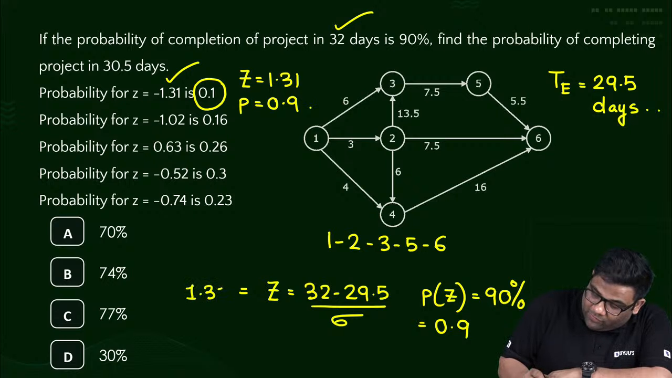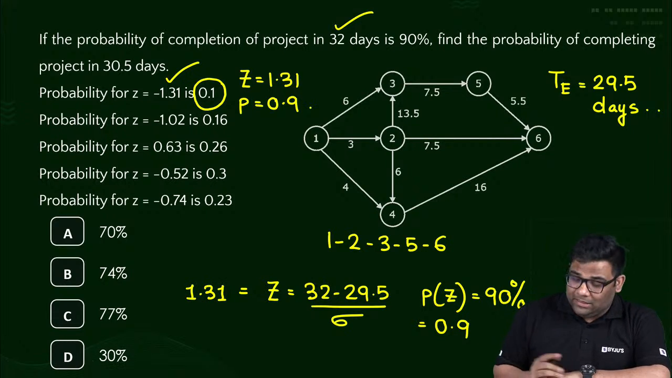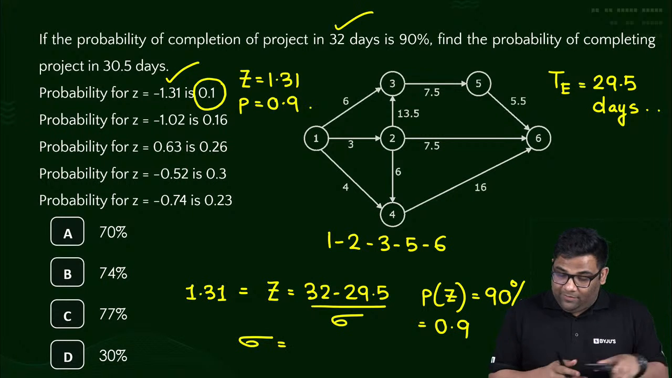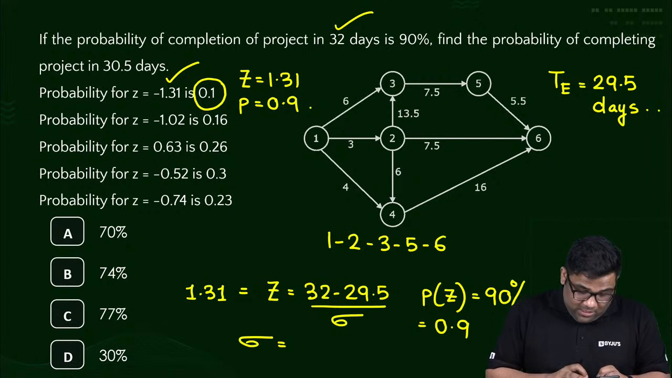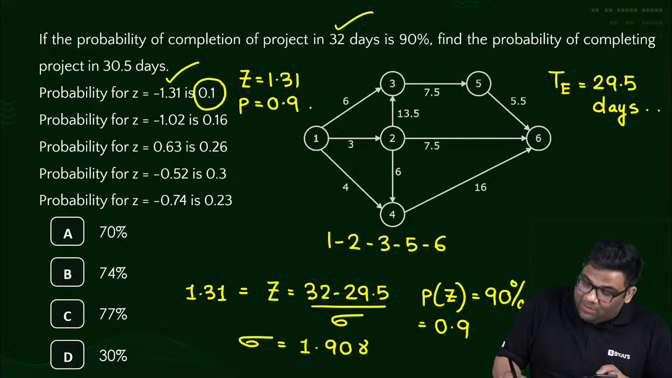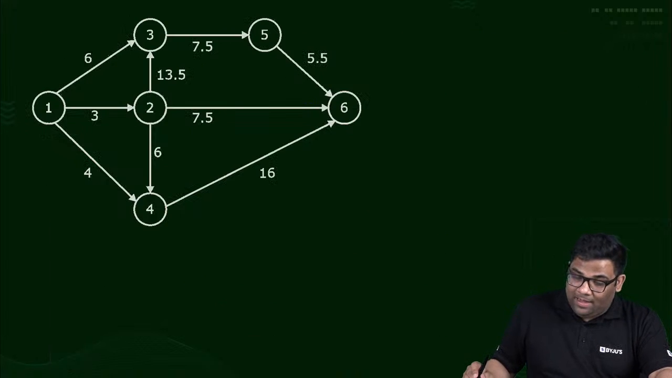Obviously you have solved, so you got convinced. Yes, easy. So from here I will get sigma. How much sigma will I get? Sigma is 2.5 divided by 1.31. I am getting sigma of 1.908. Now once I get this sigma,